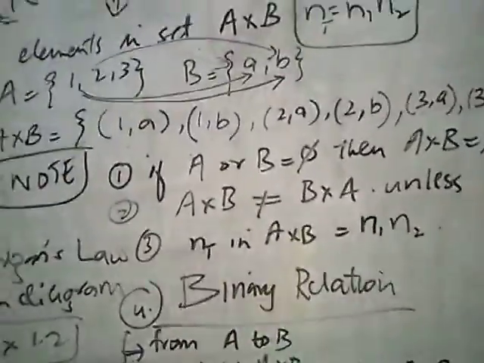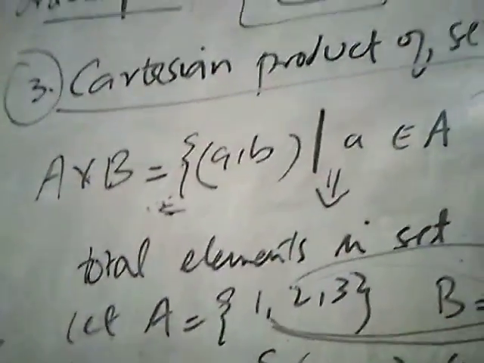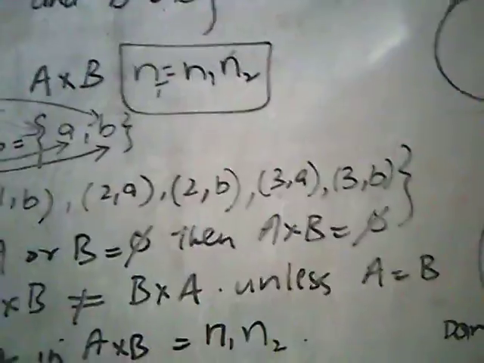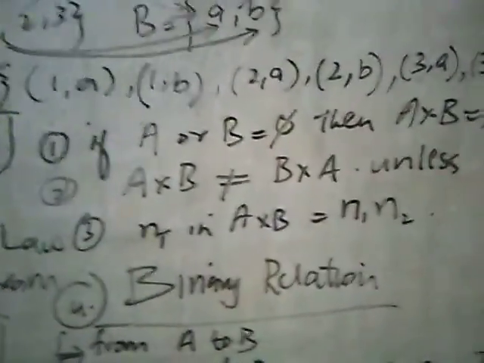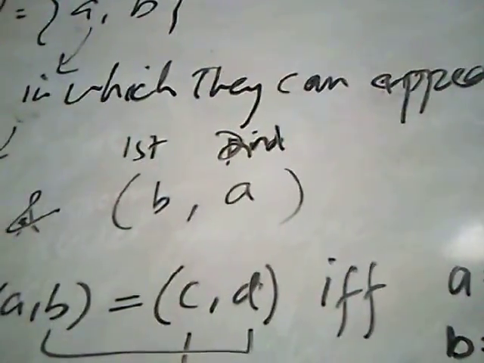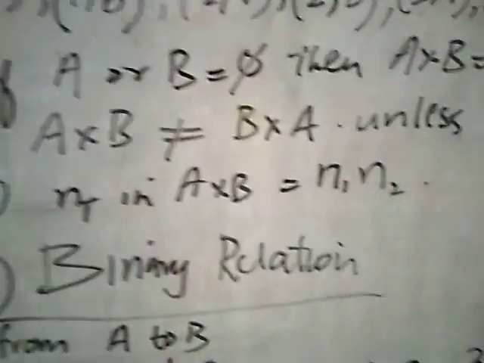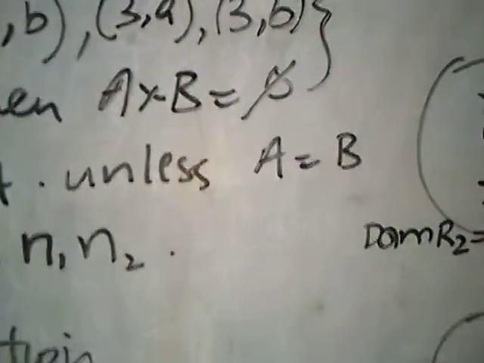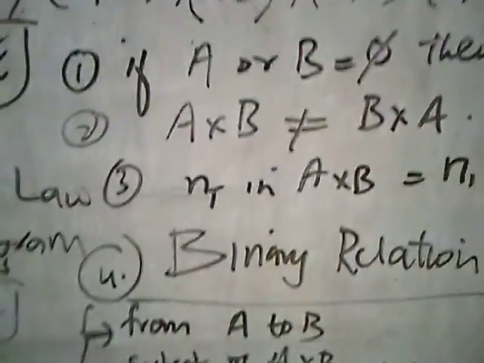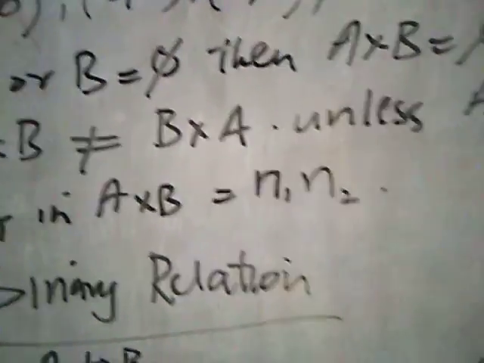Important point to note is that if either set A or set B is a null set, then the overall cross product becomes a null set. It is to remind you that A cross B is never equal to B cross A, because we already know that ordered pair AB is never equal to ordered pair BA unless they are numerically equal. Similarly, A cross B is never equal to B cross A until and unless set A and set B are the same. So the total number of elements in the Cartesian product is n1 members of set A times n2 members of set B.